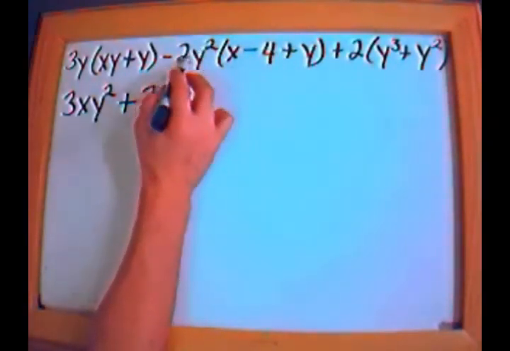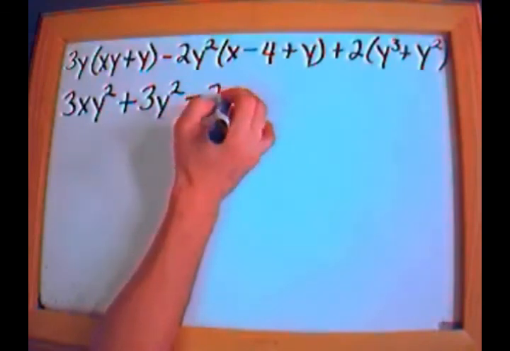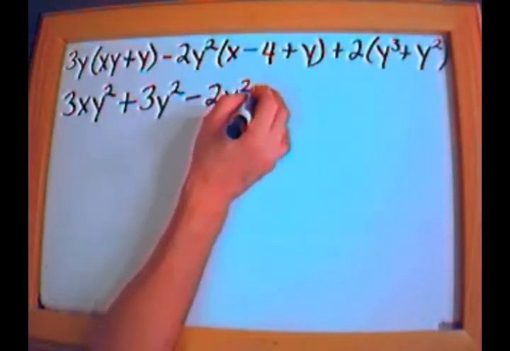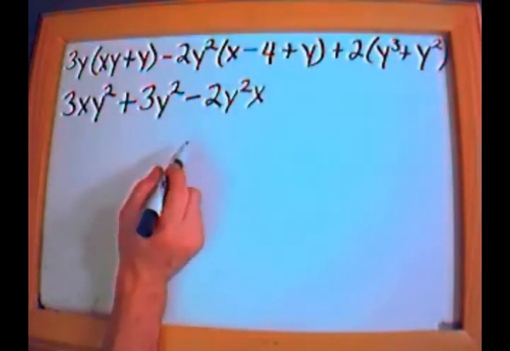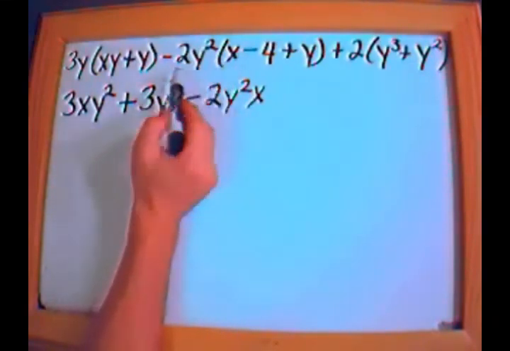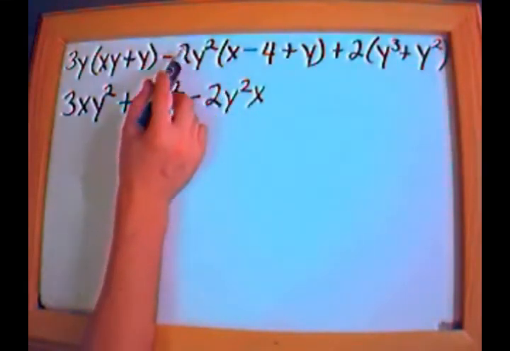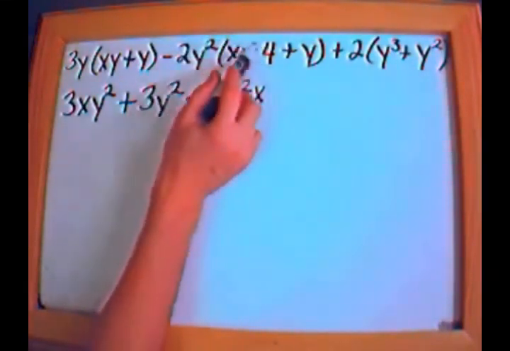Let me continue. Negative 2y squared times x is simply negative 2y squared times x. There's nothing else to do there. You just stick them together because I can't really add any exponents or do anything simple. It's negative 2y squared times x. Now let me distribute this into the middle. This is a negative